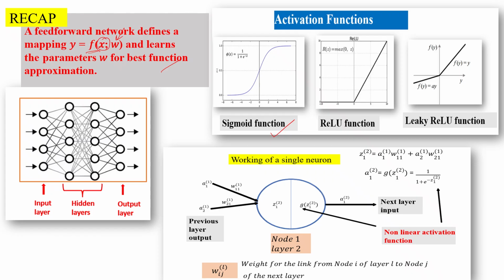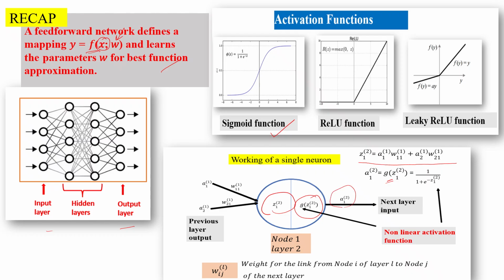Today we will be working with the sigmoid function, and this is a general representation of an MLP or multi-layer perceptron, where we have the input layer, one or more hidden layers, and the output layer. The working of a single neuron we have seen with the sigmoid function: the inputs pass through the weights, and this is the summation part of the neuron which is computed here, and then the summation is passed through an activation function, the sigmoid function, and this gets input to